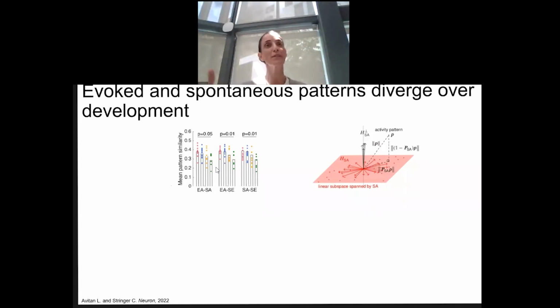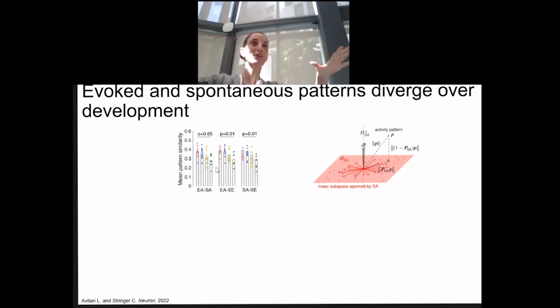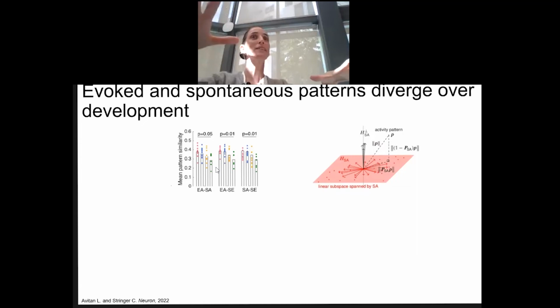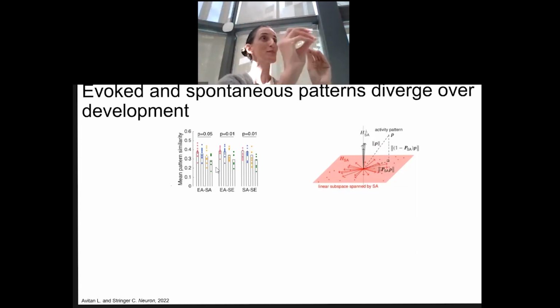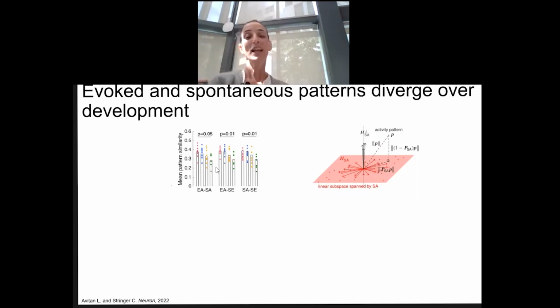Here, in a toy example, is a 2D plane that spans all of the patterns that were spontaneously generated. And then we looked at all of the patterns that were sensory driven and asked, what is the relation between the patterns that were sensory driven and the patterns that were spontaneously generated? If they were a subset within this space, then the projection would be 0, because these patterns would be within this plane, right? And so we started playing with this idea.